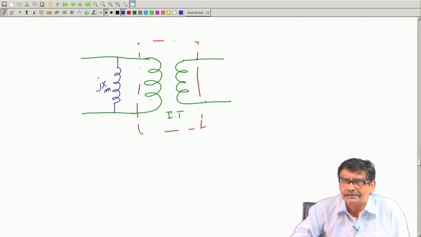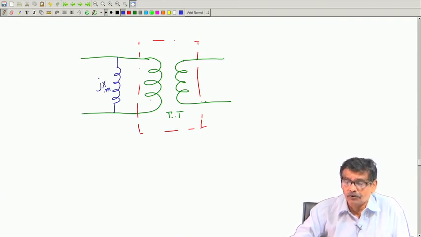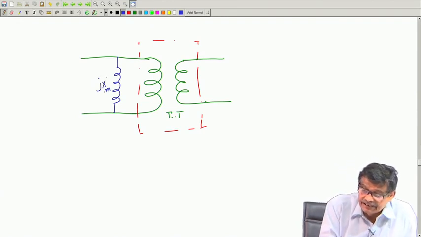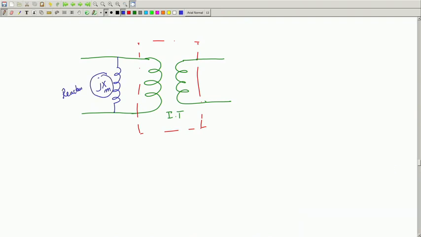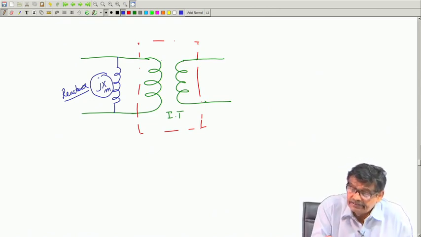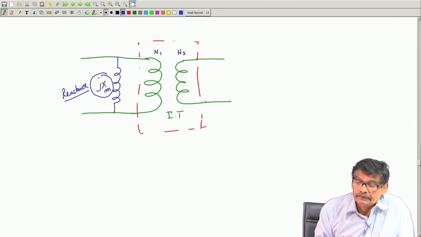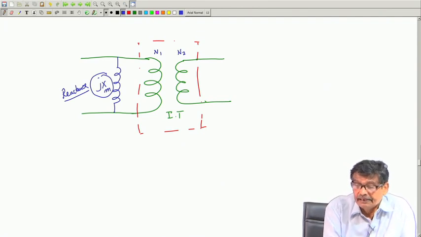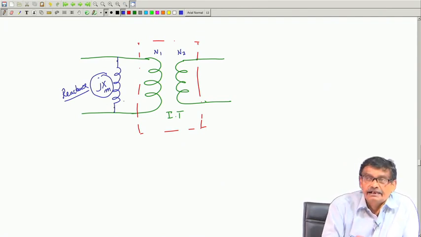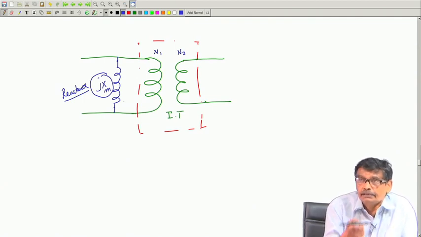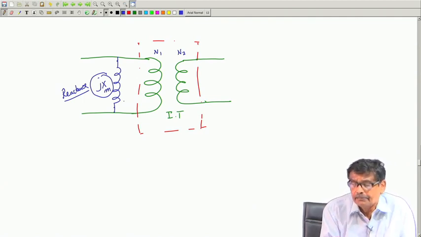Still, it is not having any resistance, leakage flux, or any core loss. So, this is a reactance added by me to an ideal transformer, which I have shown in a box, with the same turns ratio N1 is to N2, like this. So, jXm is external to this ideal transformer and it is no winding, I am emphasizing this. This is the primary coil.